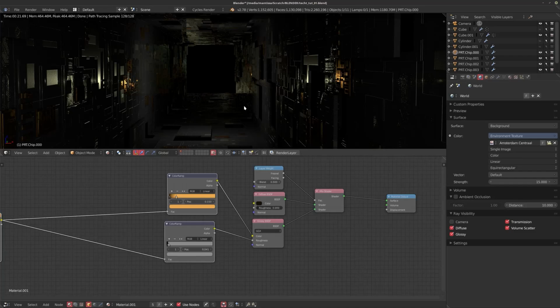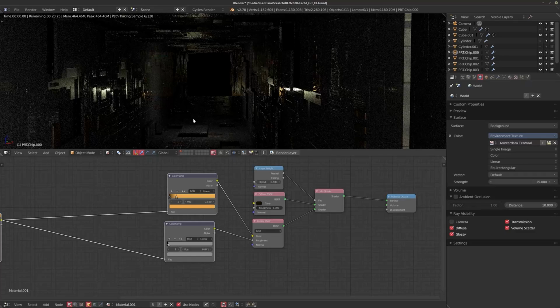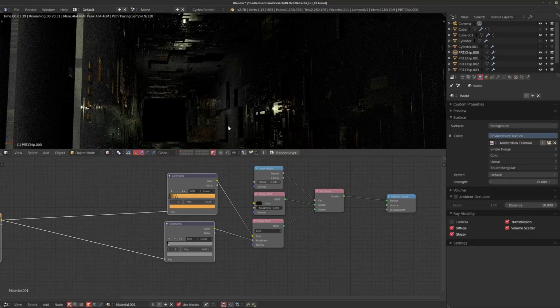I would encourage you to open up the source file and look around and poke around in it and see if there's stuff there that interests you. Again, all of this is Creative Commons on the Blender Cloud, so if you want to reuse some of these assets, feel free to do so. I don't mind at all. In fact, I would encourage it if it is a bit of a time saver for you.